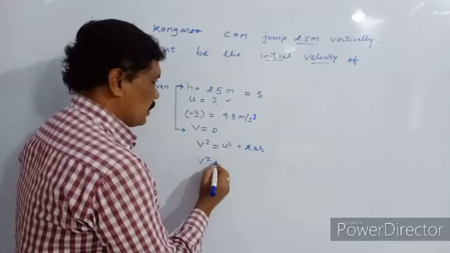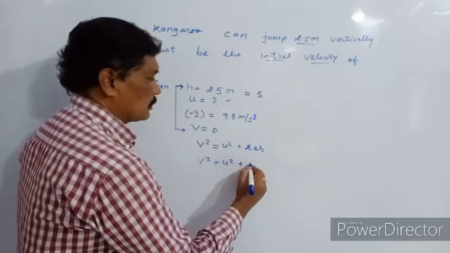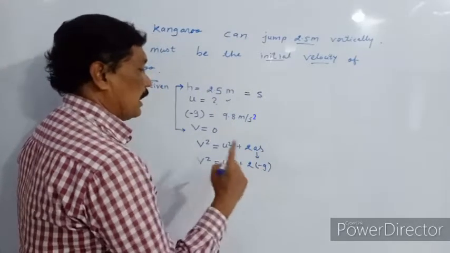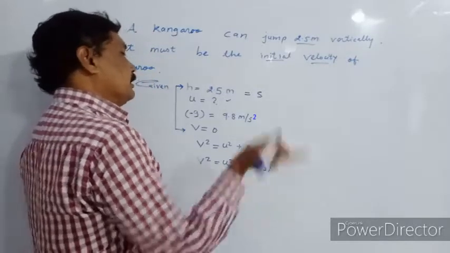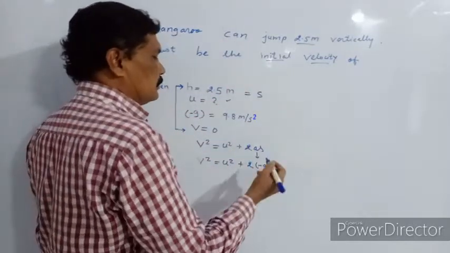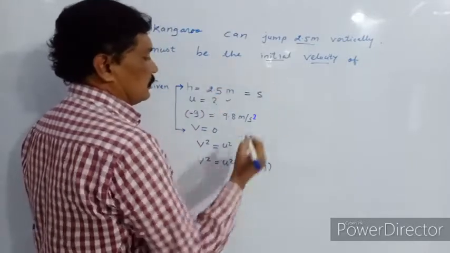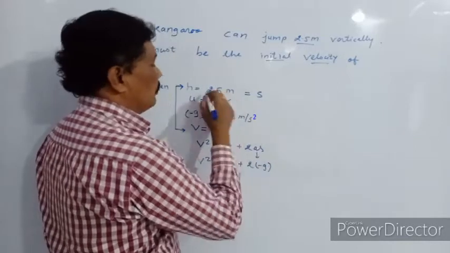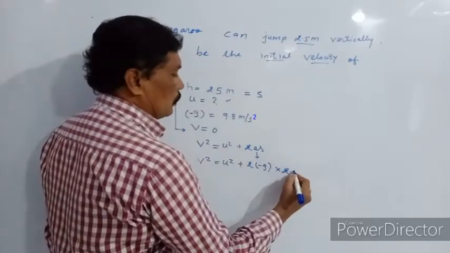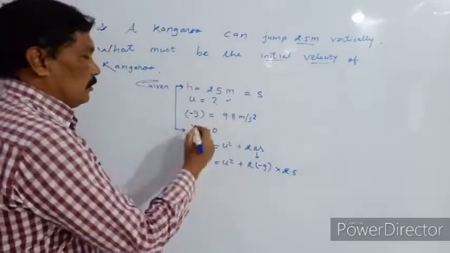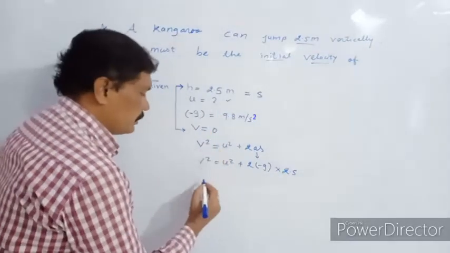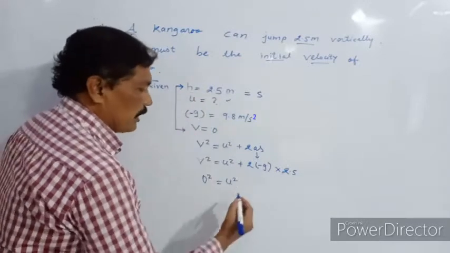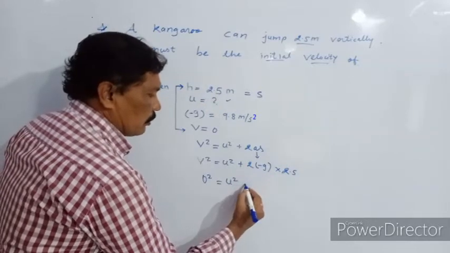That is v square is equal to u square plus twice a will be converted into g, and as the kangaroo is jumping against the gravitational force, g will be considered as minus g, and here height, okay, will be considered as displacement, and this will be into 2.5. V. What is v here? V is 0. So 0 square is equal to u square, because u we have to find, minus is there, so what will be here? Minus